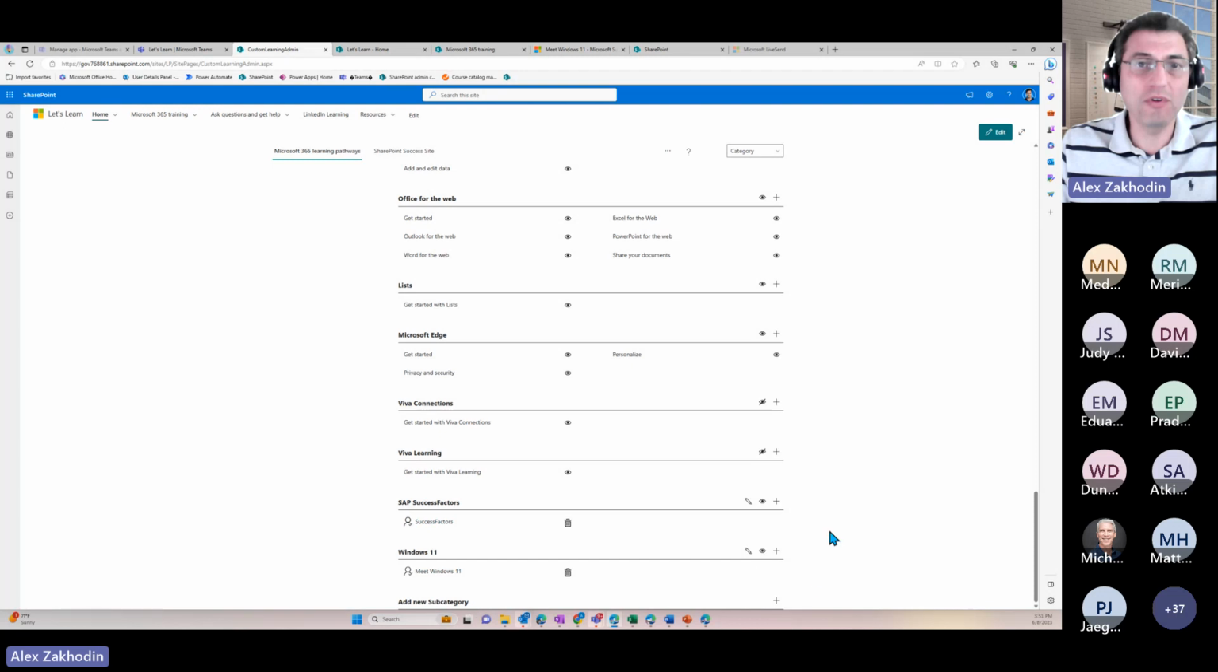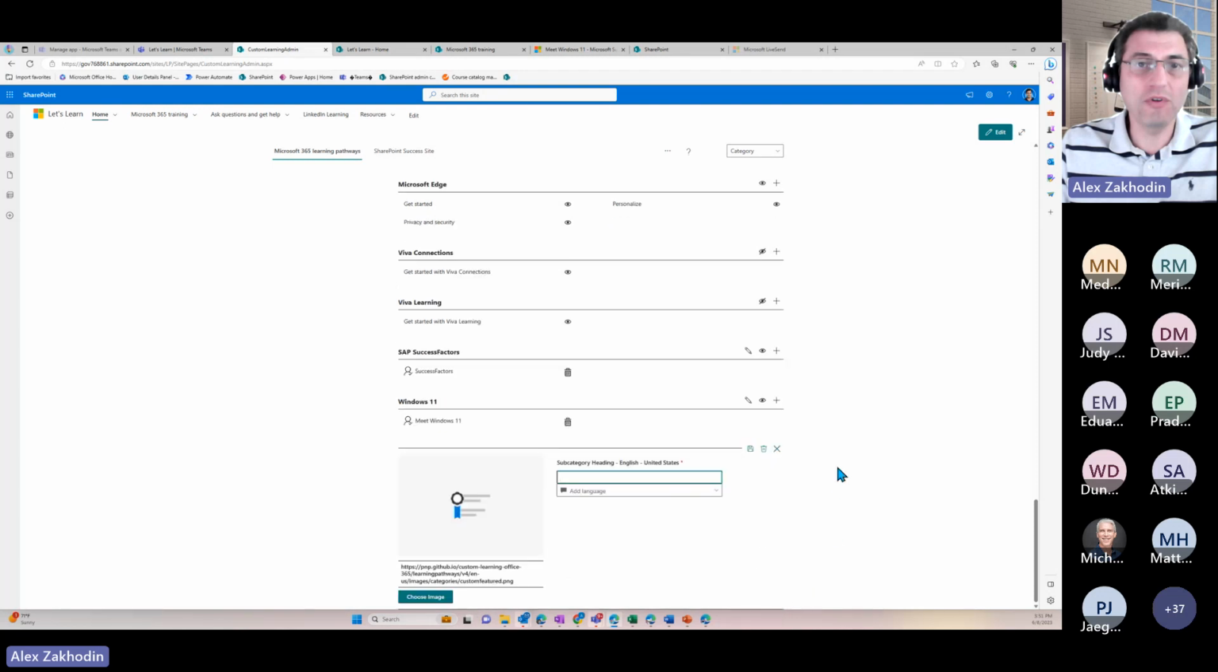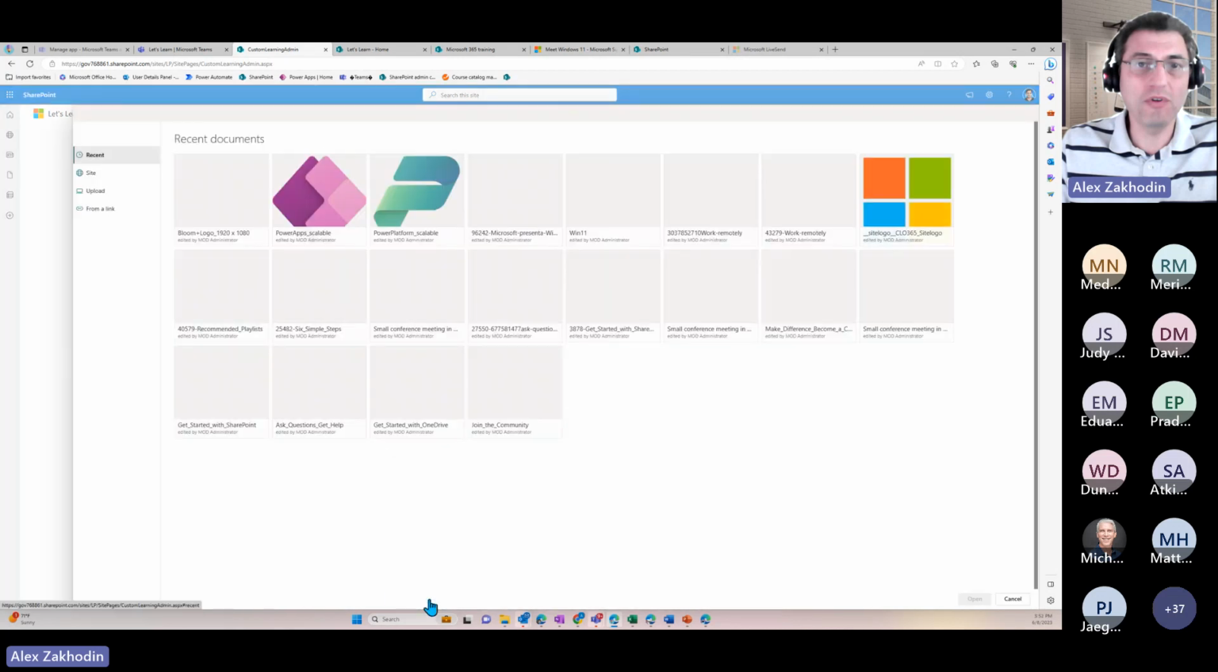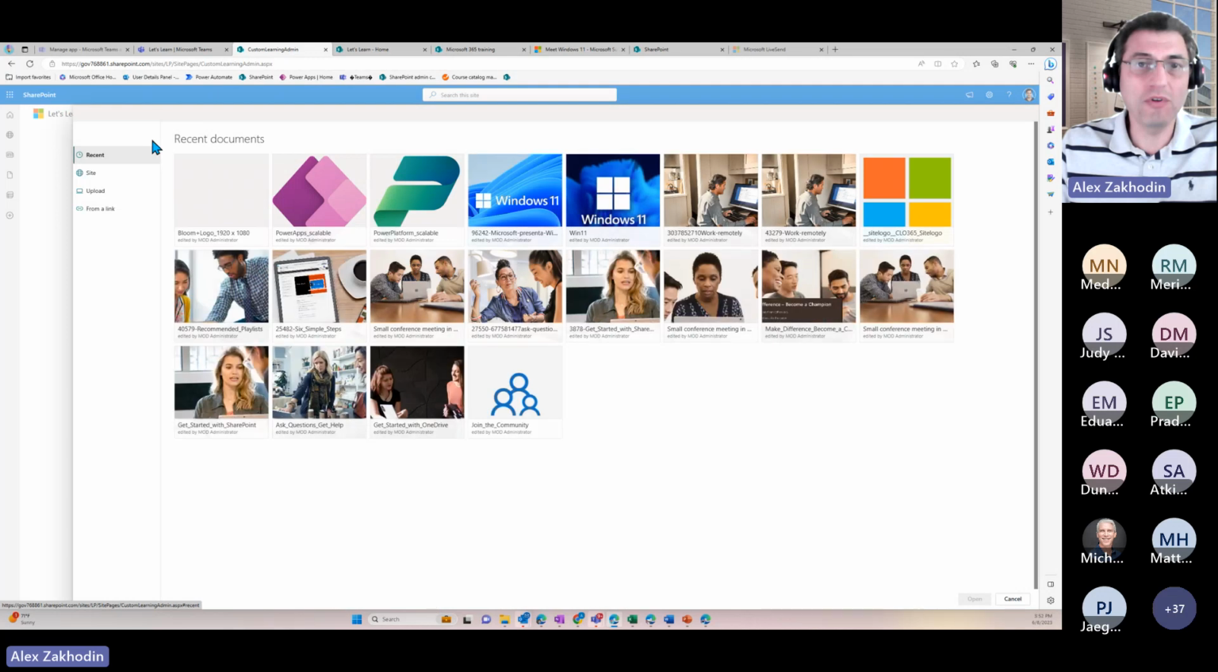So in our case, I'm going to just click the plus sign here. And because we want to have another Windows 11, we're going to say that it's a Windows 11 subcategory. And we're going to stay with the default language. And here you have the option to change the image. So I already downloaded Windows 11 images, and you can go on any public Microsoft site, get an image, and upload it